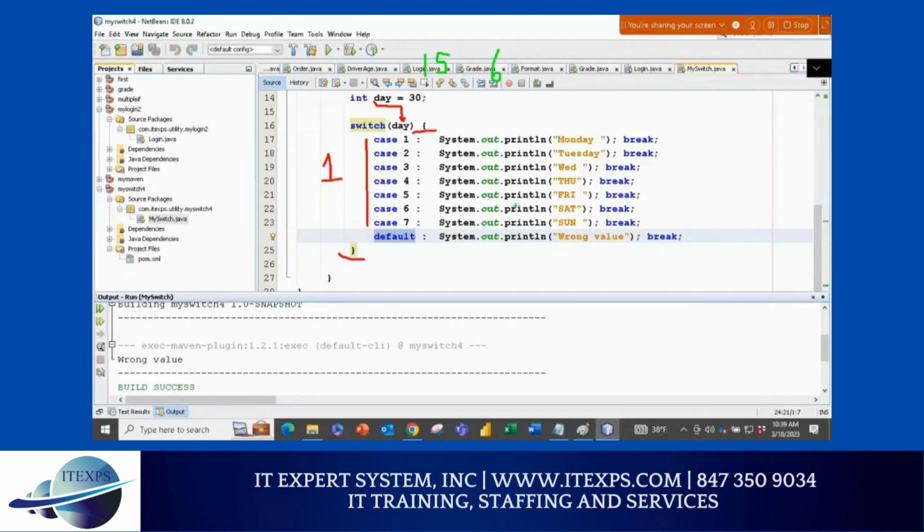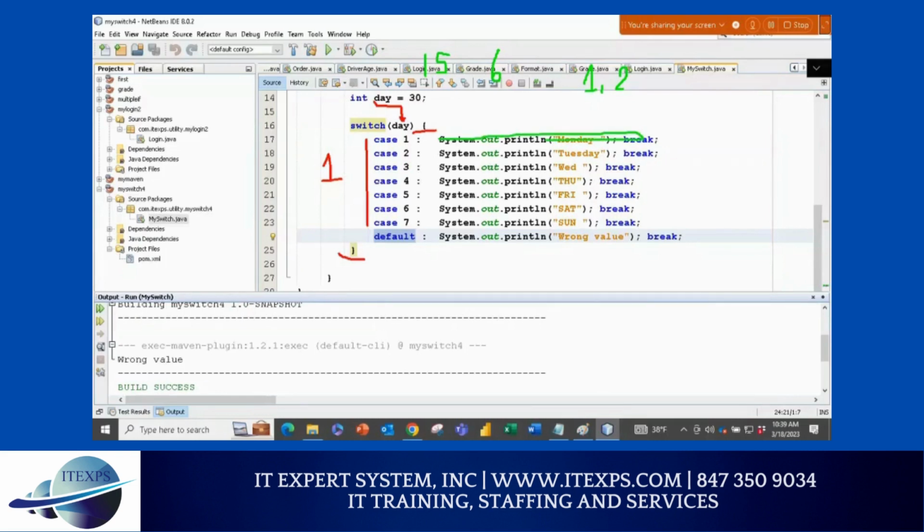Right, very good. Now, sometimes you may have short circuit, meaning 1 and 2, you want the same answer. You can write this thing, that's called duplicate. But if you want 1 and 2 to have the same answer, then just don't write it like this.